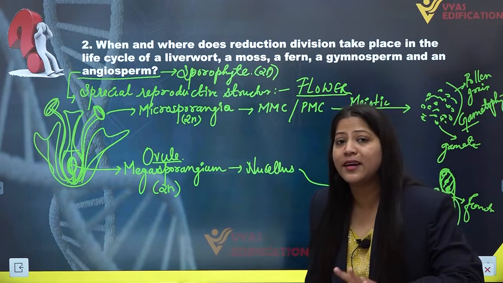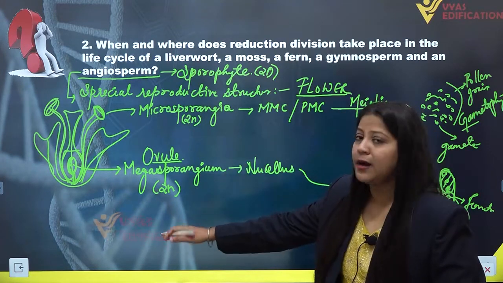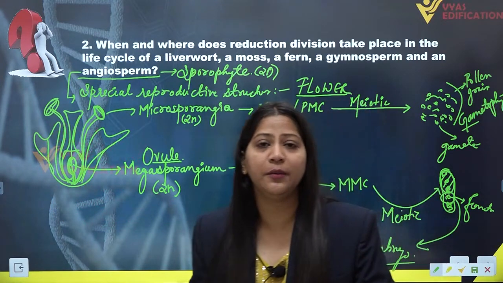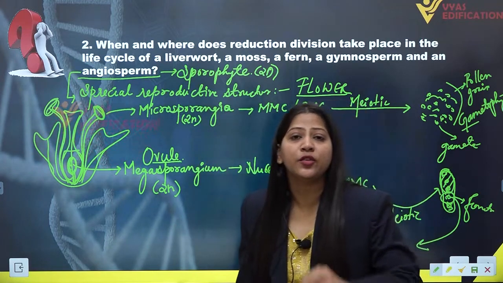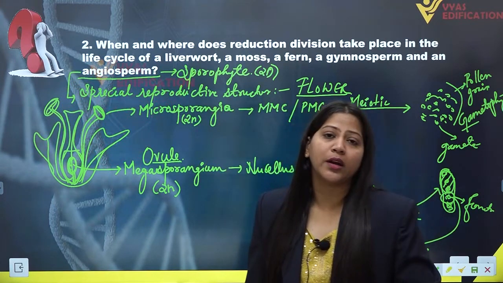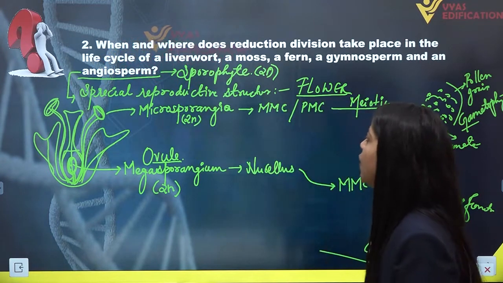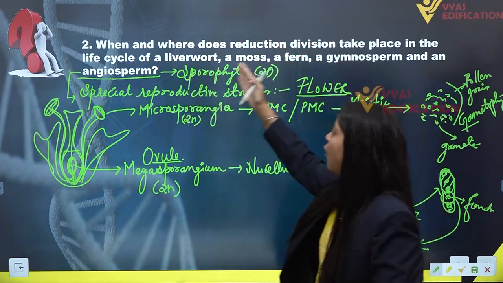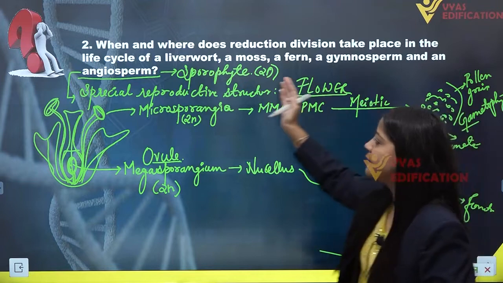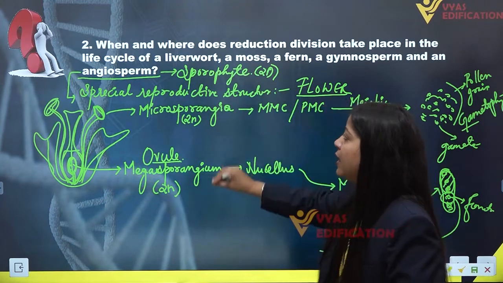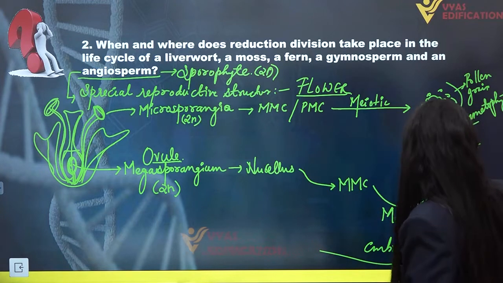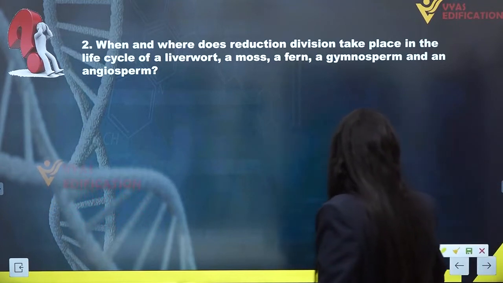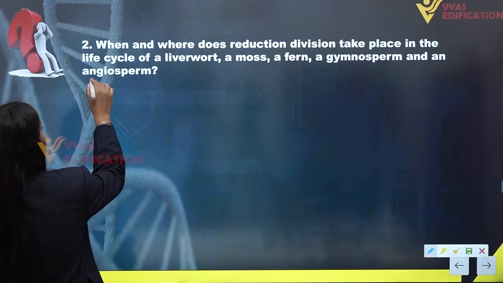And if we talk about where it takes place, then in a flower there are two kinds of reproductive structures present, that is male reproductive structure and female reproductive structure, inside which these reductional or meiotic divisions are taking place. So we have already discussed each and every kind of plant, that is liverwort, moss, fern, gymnosperms and angiosperms, and we have seen when and where the reductional division takes place. So if we write a summary of this, then the first one is liverwort,